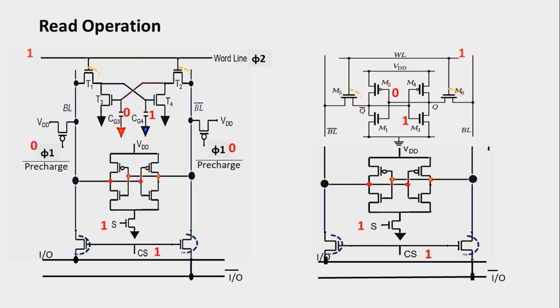Now, when I make these things, these particular transistors, which you can see in yellow dotted lines, are the transistors which are going to be turned on. Okay, now here you can observe that I'll be getting a path over here in order to read the data 0, and then I'll be getting a path over here in order to read the data 1. Here also, since this particular node is an input for this inverter stage, the voltage at this level is going to be 1, and the voltage at this level is going to be 0, since the input is 1. Okay, so here again these are transistors.